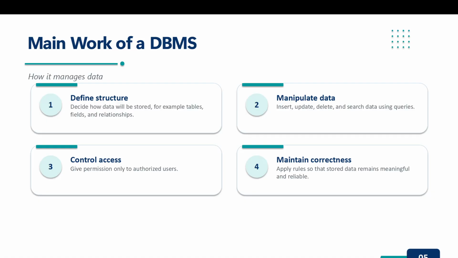Now, let us see the main work of a DBMS. The first work of a DBMS is storing data. It stores data in a structural way so that it can be used later. The second work is retrieving data. That means whenever we need some information, the DBMS should help us get it quickly. For example, if a teacher wants to know the attendance percentage of a student, the DBMS should retrieve that information